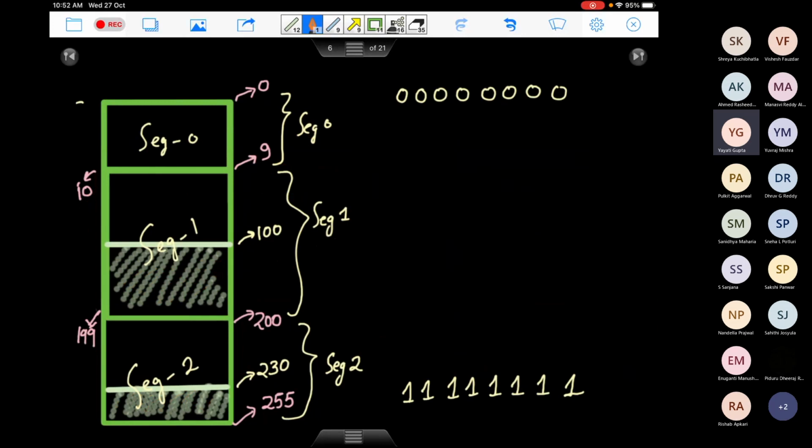The mechanism was to use some separate bits for segments. In this particular figure, we have 3 segments. We saw that we can address 3 segments with the help of 2 bits. So let us say the first 2 bits of the virtual address we dedicate to the segment number. Okay, given that this process is 255 bytes in memory, how many bits do we need for the virtual address space?